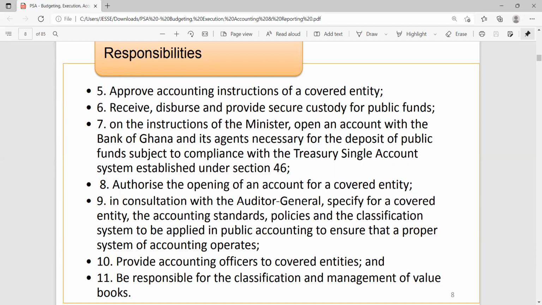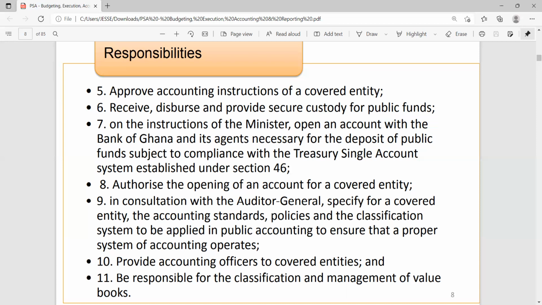And they do this on the instructions of the Minister. Number 8, they also authorize the opening of an account for a covered entity. Number 9, in consultation with the Auditor General,